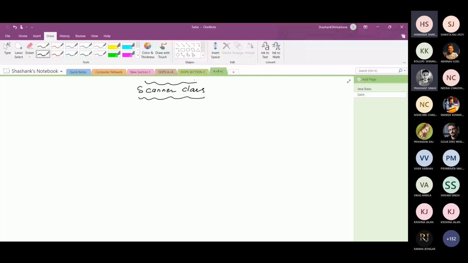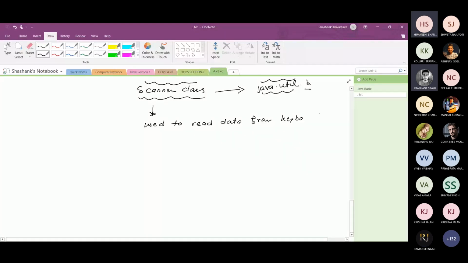Now there is another class, the Scanner class, which is part of the java.util package. Scanner class is used to read data from the keyboard as well as from a file.